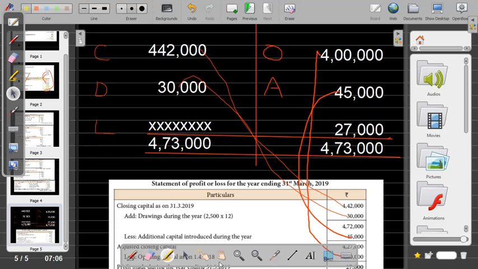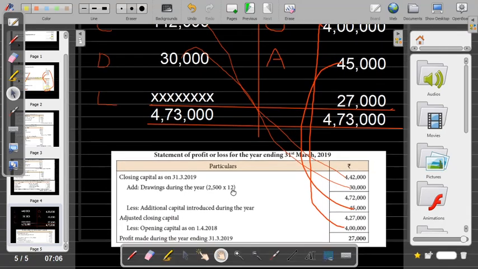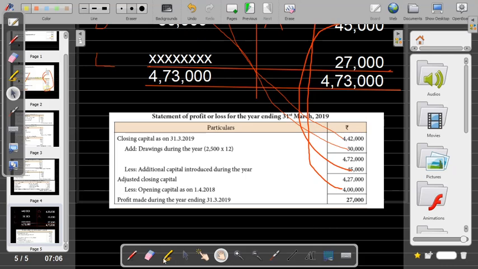Now similarly, in this sum also you have a profit of rupees 27,000, which is shown here. Okay, children. So this is a short method usually which you can do as a rough note to cross-check it. Or if you find doing the other way around difficult, you can use this method, but take and write the answer separately.